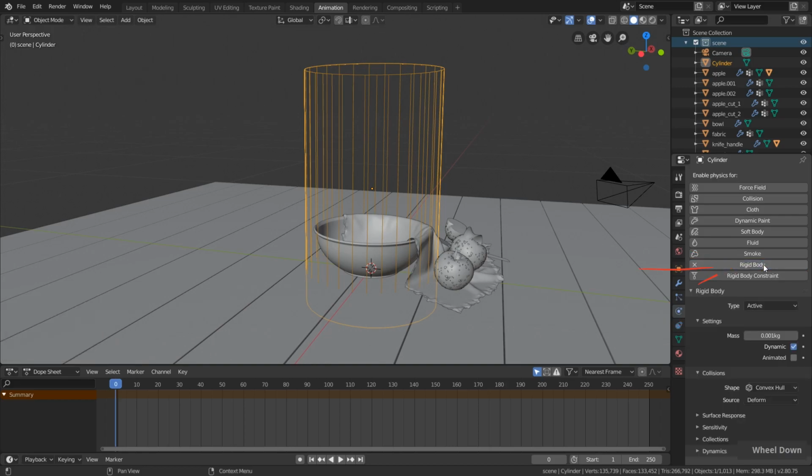rigid body. The rigid body settings are relatively simple. We have two types, the active and the passive. Passive basically means this is a static object which has collision on it, and active means this object is flying around as we need it for the apple later on. So this one here is passive. It is not animated, so if you create an animation with a passive object, you have to check this one